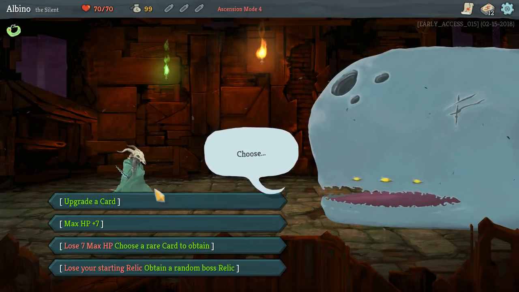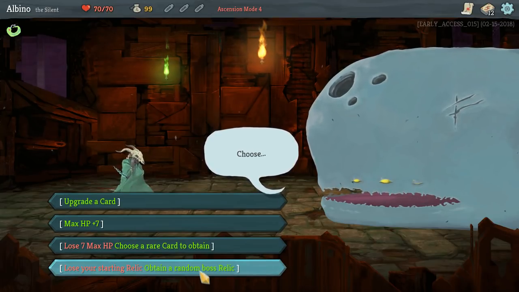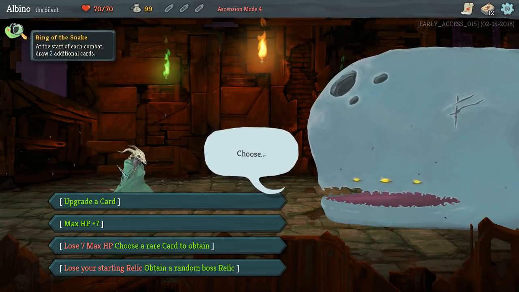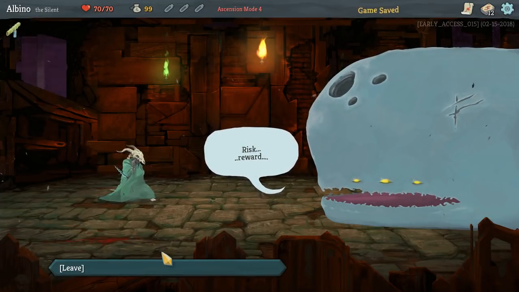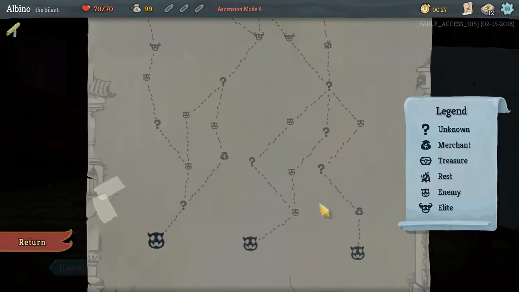A lot of times I've been losing my starting relic and choosing a random boss relic with the Silent, because drawing 2 cards every combat isn't that great. And if you replace it with Sozu, for instance, you get a ton of energy right from the start. So,